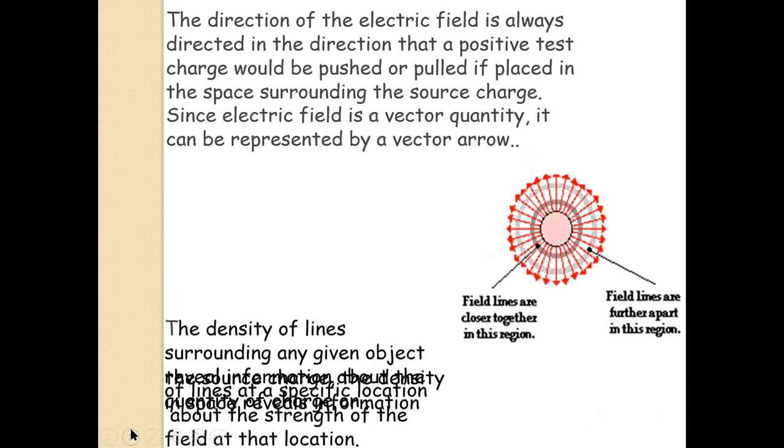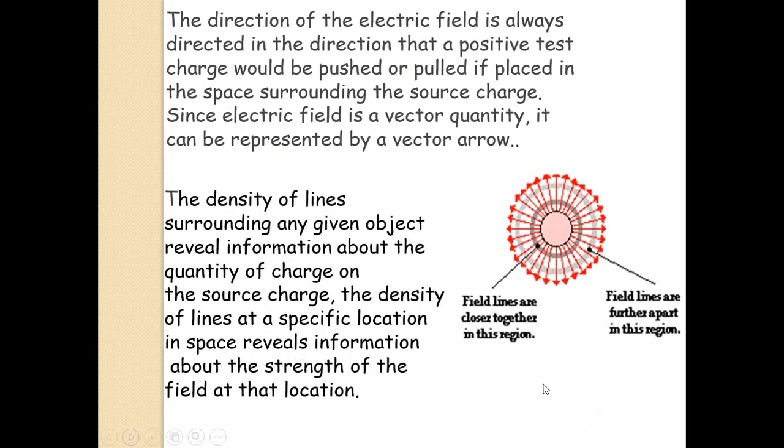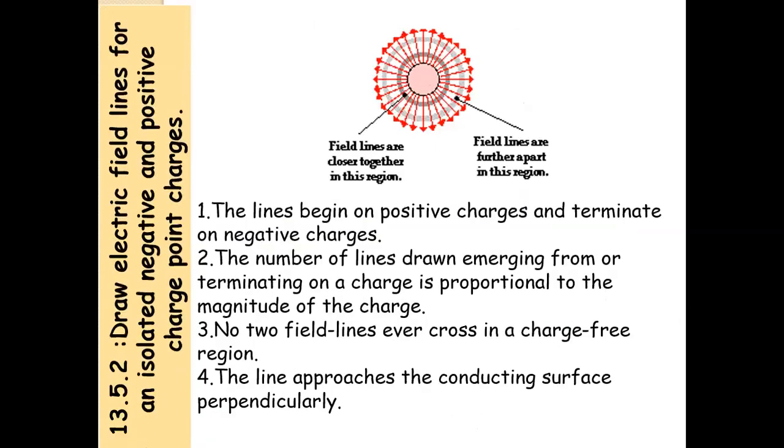And the second thing to note down is that if the strength of the electric field is more, it means the density of the lines, these arrow lines we are making, is more. If the density is less, the field lines are apart in that region where the density is less. So the strength of the electric field at any point can be represented by the density of the lines. For more strength, more lines are there. Okay, these are a few properties of the electric field lines.